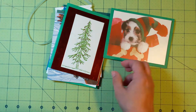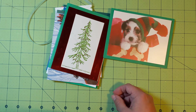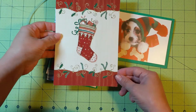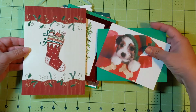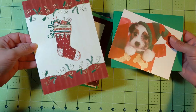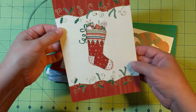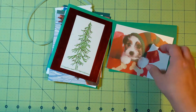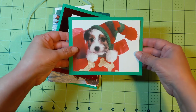So the cards that I am working with used to kind of look like, trying to find one. They used to kind of look like this. They were a larger size, and I don't know how big that is. But anyway, this one I might cut down just to keep that. But I'm just going to work with the ones that I had already cut down to fit on an A2